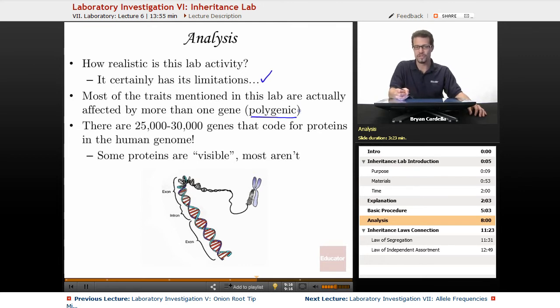That's when more than one gene influences a single trait. By the way, there are 25,000 to 30,000 genes that code for proteins in the human genome. Some sources say there are at least 20,000. I've heard up to 30,000. So this is the approximation I like to go with. This is, by the way, what's coding for proteins in terms of what we know for a fact is